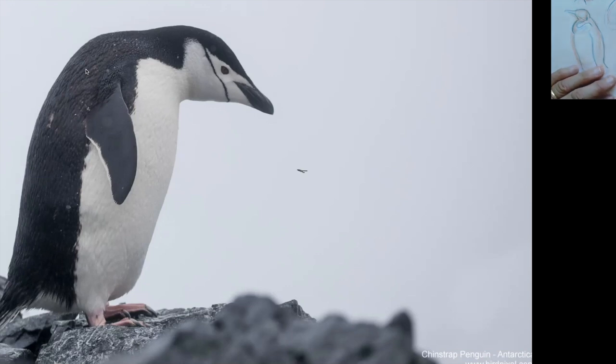But now what I'm going to also do is we're going to begin to get the black and white patterns of the tuxedo and the white shirt on our little penguin friends. And this is another place where I find using negative shapes is really helpful. If I'm just drawing this line,